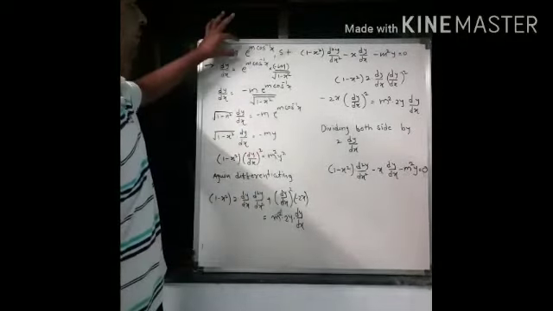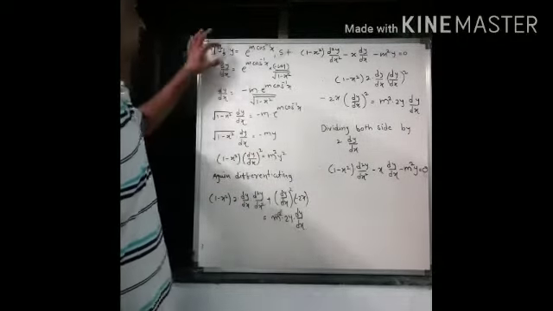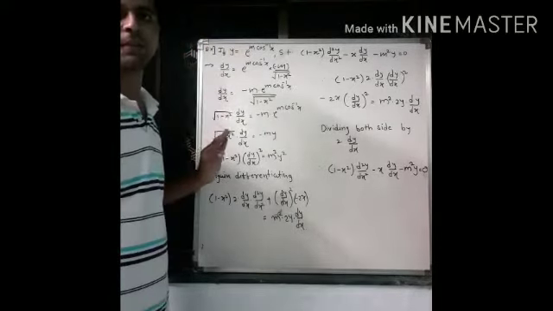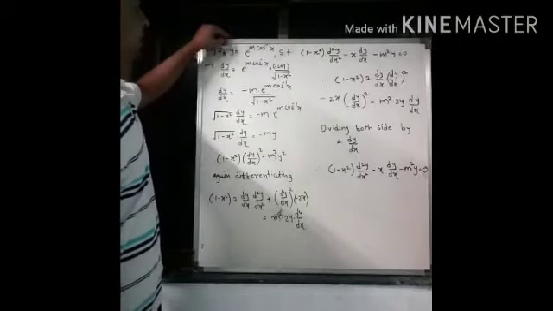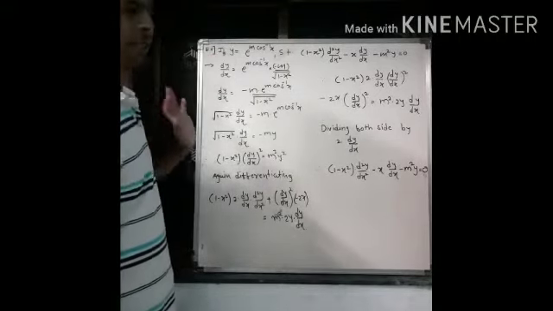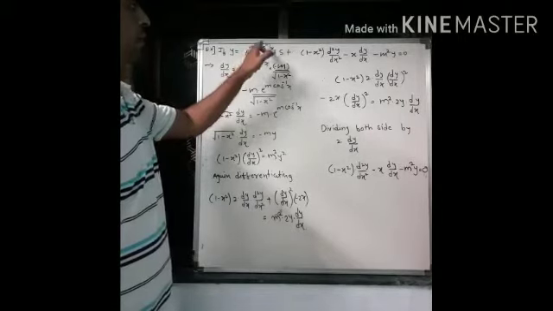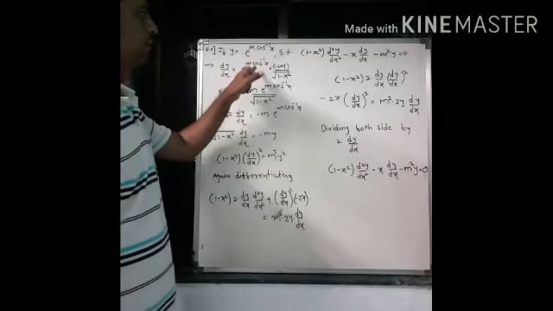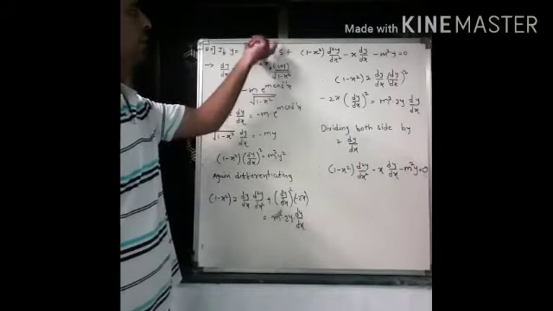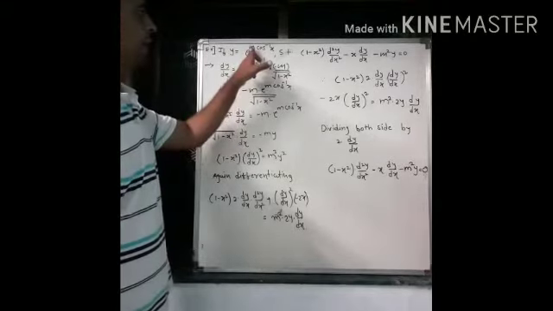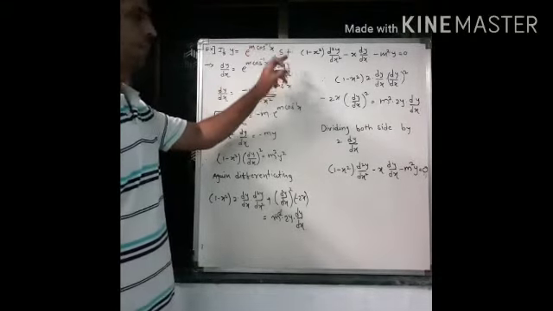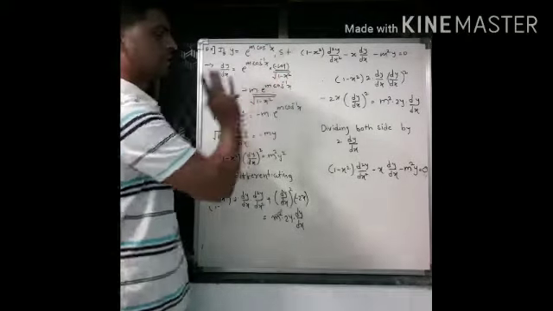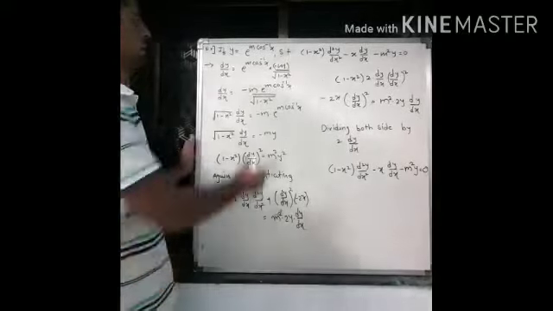Now we'll differentiate the given function. So y equal to e to the power m cos inverse x. This is your given function. Now we have to differentiate it. The derivative of y will be dy by dx, right? Now e raised to m cos inverse x will be as it is, but we have to differentiate its power. In that power, m is constant, keep that m as it is, and the derivative of cos inverse x will be minus 1 upon root 1 minus x square, correct? So this is the derivative.